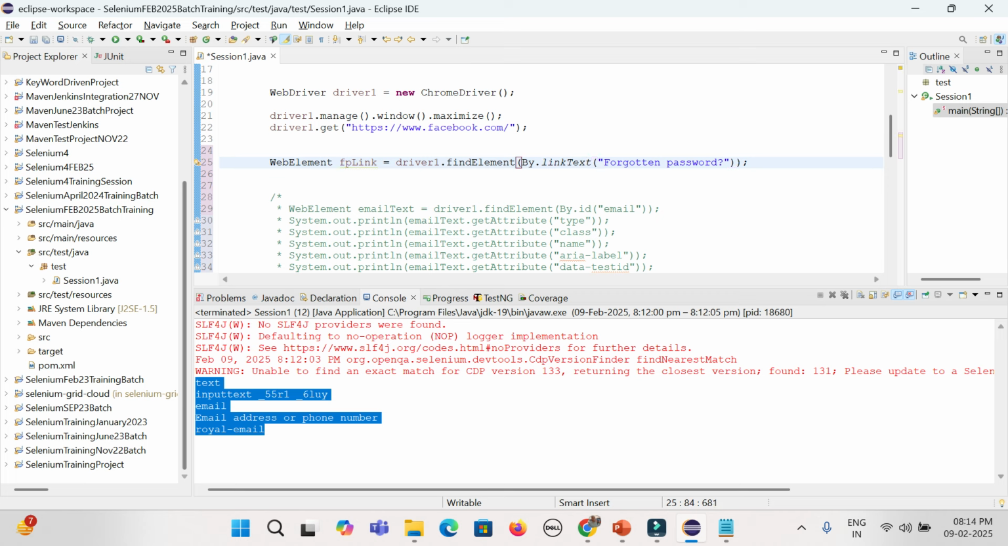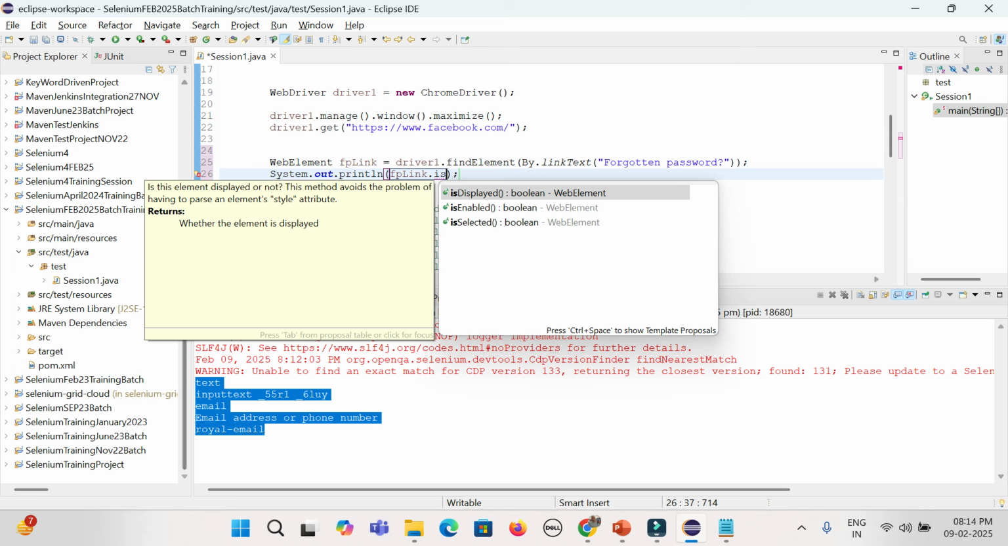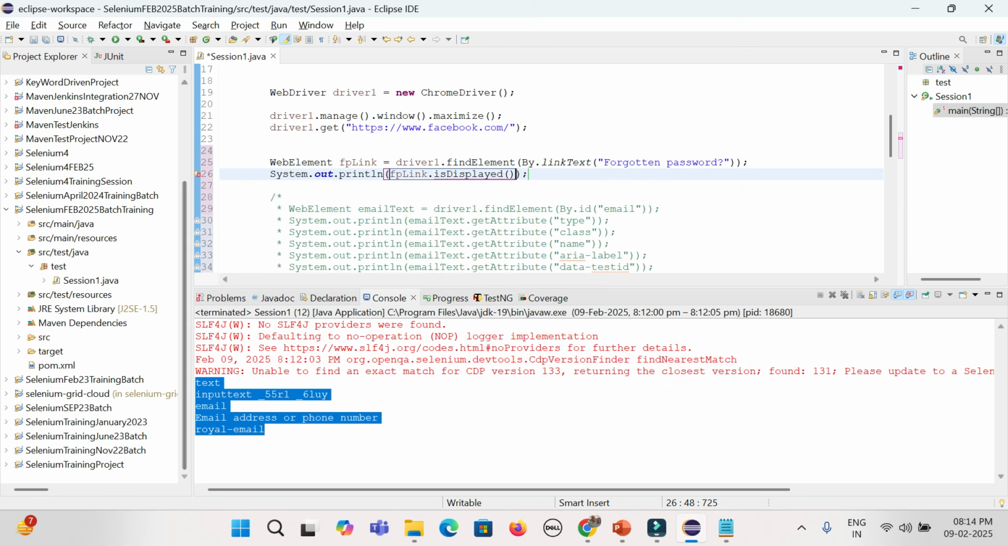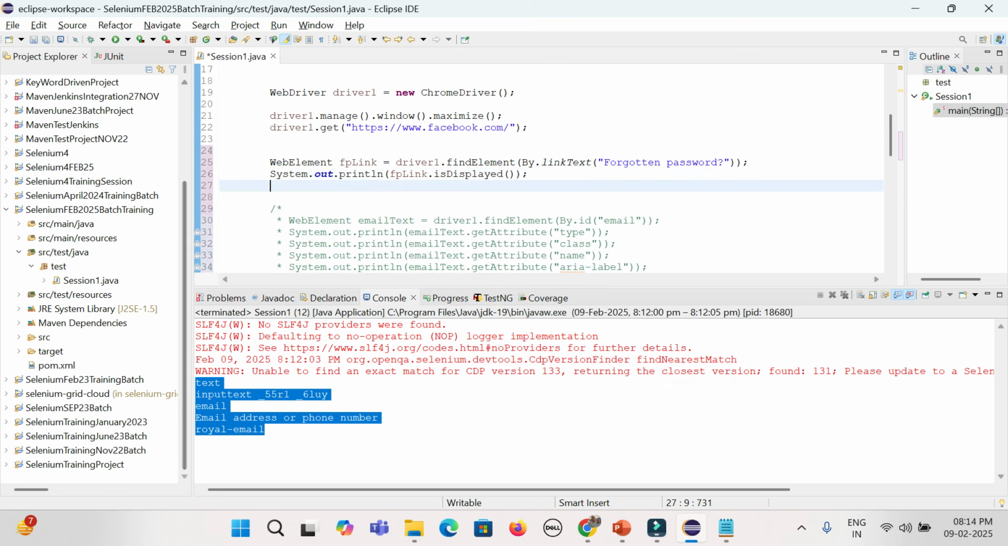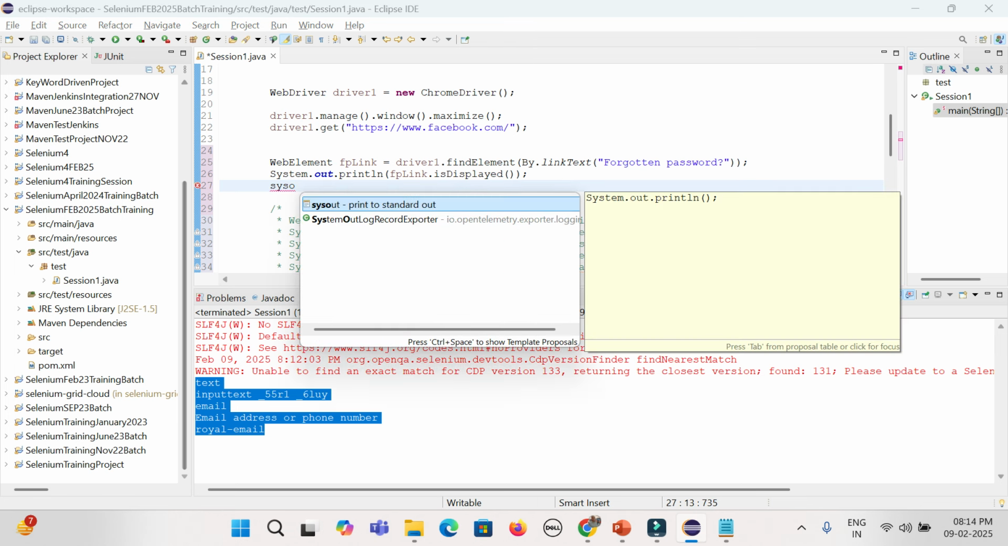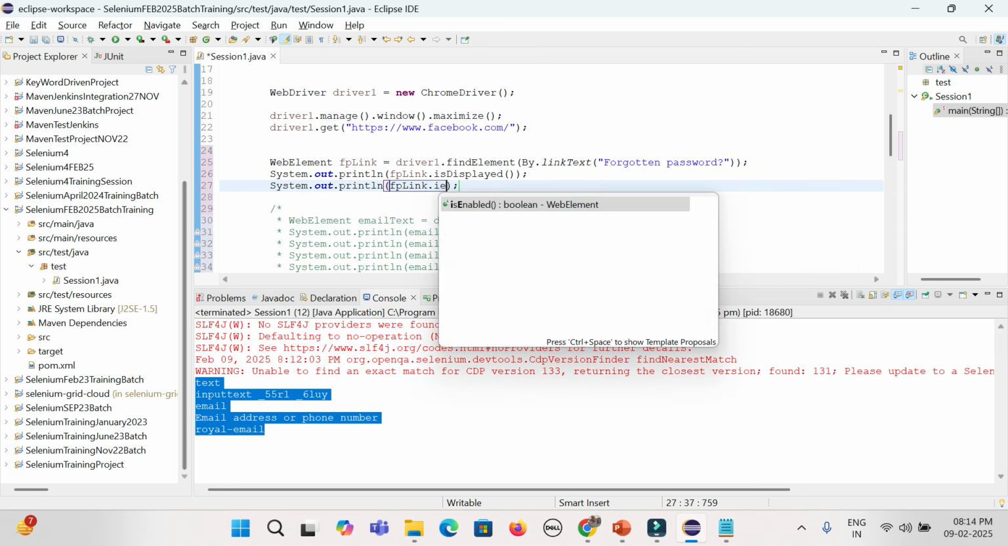Okay. Now similarly, you can use link.isDisplayed first. It will give you the boolean true or false, whether it is displayed. Again, isEnabled,